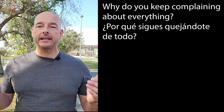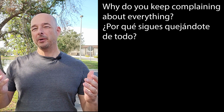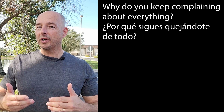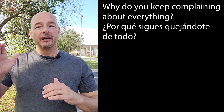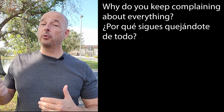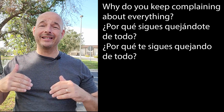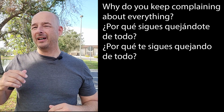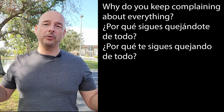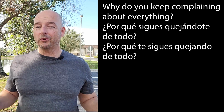¿Por qué sigues quejándote de todo? I think it helps when you say it with that kind of emphasis. So you get the hang of this, you kind of see how this is going to work with your pronominal verbs, feeling good about it. Now I just want to tell you that that te can also go before the conjugated verb. You could say, ¿por qué te sigues quejando de todo? But I really like it just attached, you know, I just think it's easier. ¿Por qué sigues quejándote de todo? It follows the English word order, it's just